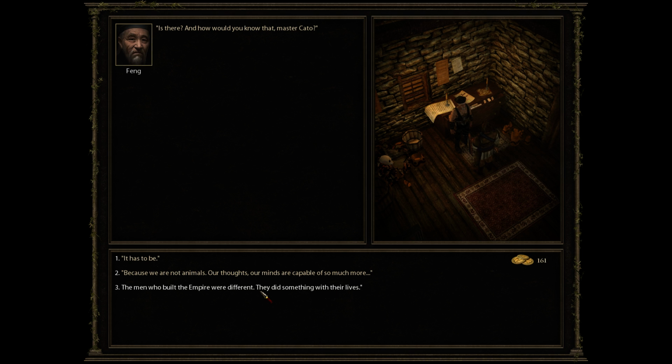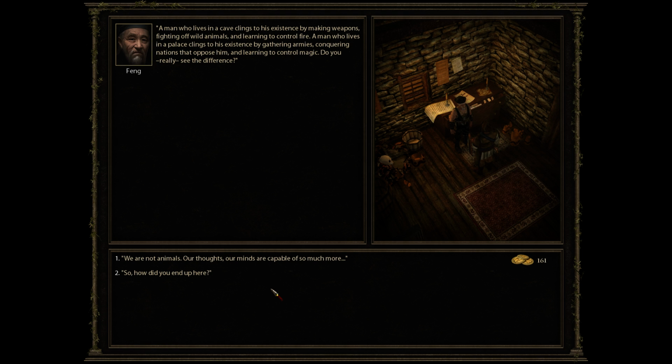The men who built the empire were different. They did something with their lives. A man who lives in a cave clings to his existence by making weapons, fighting off wild animals, and learning to control fire. A man who lives in a palace clings to his existence by gathering armies, conquering nations that oppose him, and learning to control magic. Do you really see the difference? Yeah, that's...